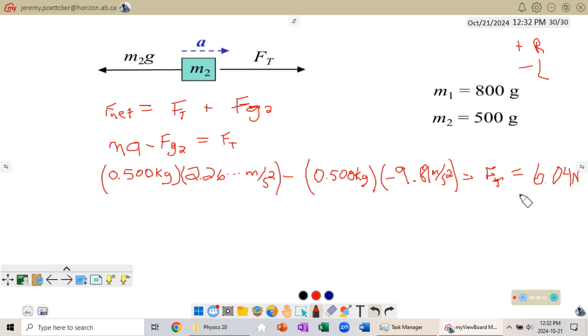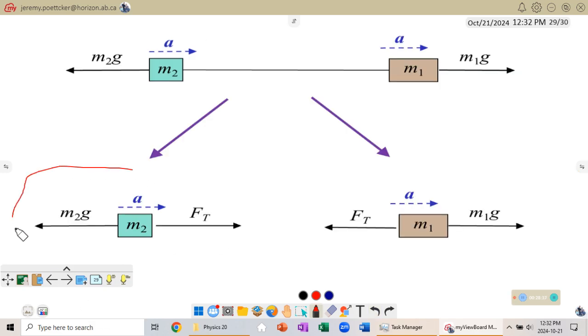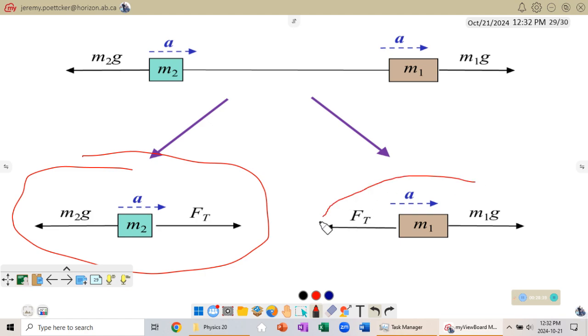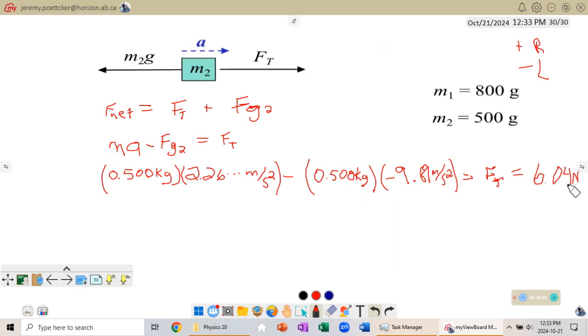All right, and again, if you had chosen, instead of this one here, to do this side of things, what you would calculate is that Ft would be the same magnitude, so 6.04 newtons, but it would be in the opposite direction. What this really means is if this rope in between the two objects cannot withstand 6.04 newtons of force, it will break, and then our pulley will fail. Other than that,